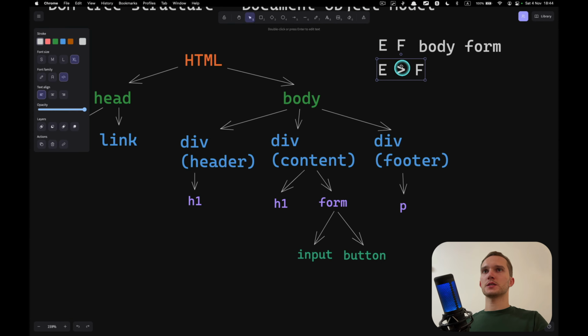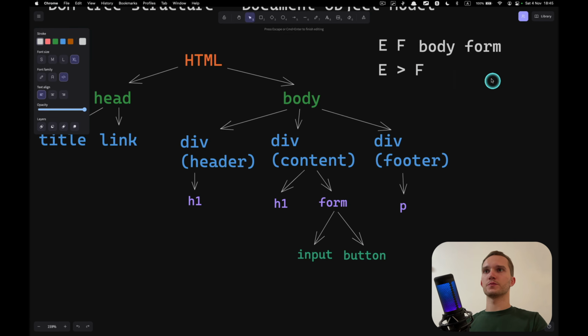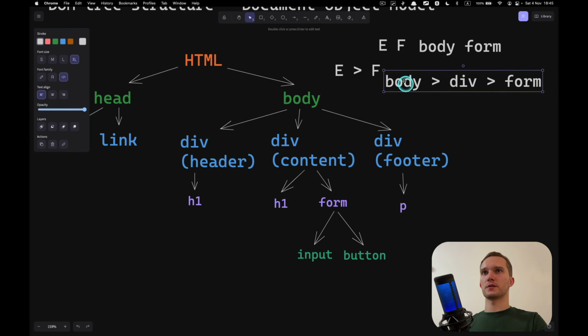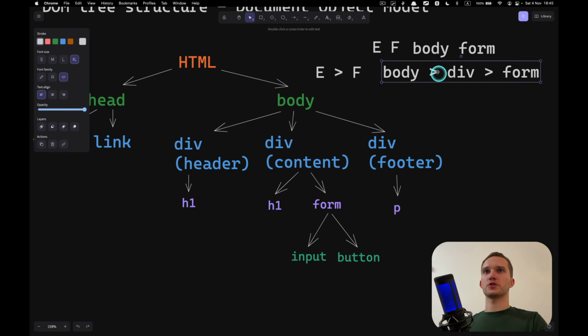Okay, this is selection number 2. Body > div > form. This is another selector, and this one is searching by children. So this one is body.